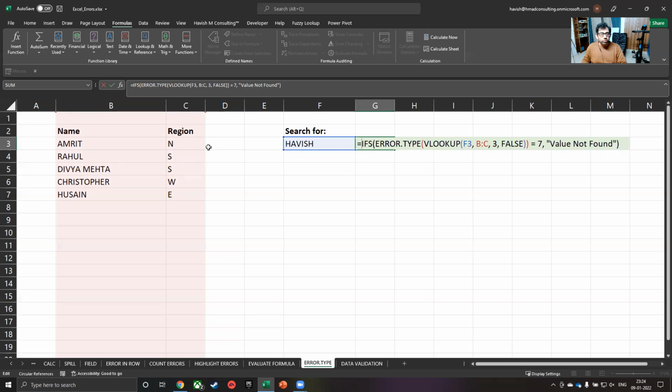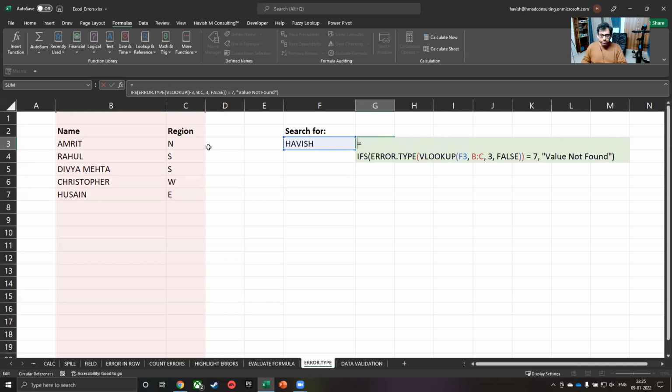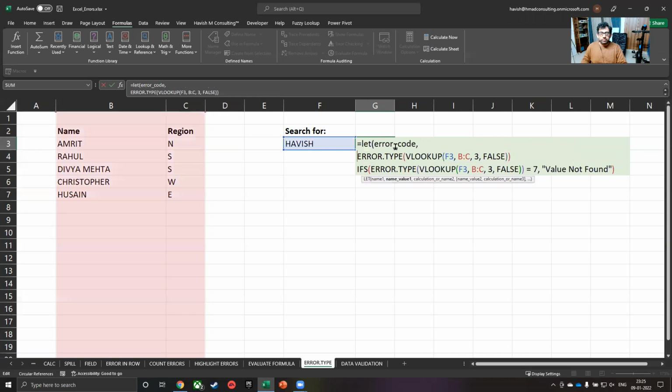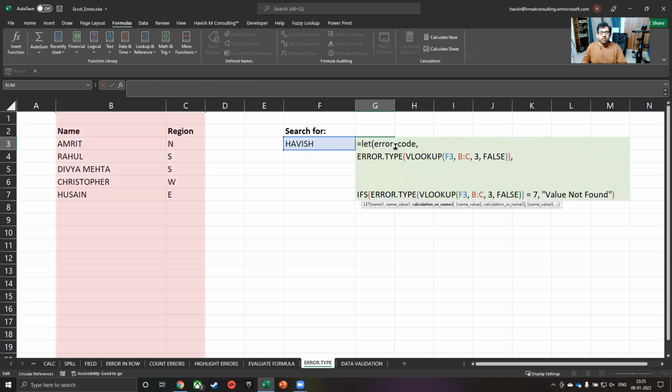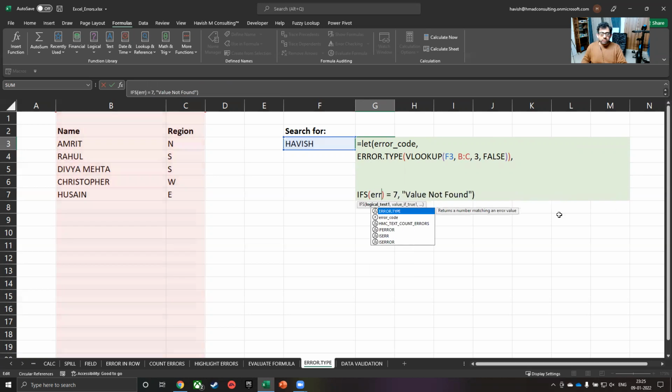And because I want to write it 2 times, I will simply say let, and this way we can declare a variable. So I will say that this is my error code. And finally, we say that if the error code is equal to 7, then the result is value not found.